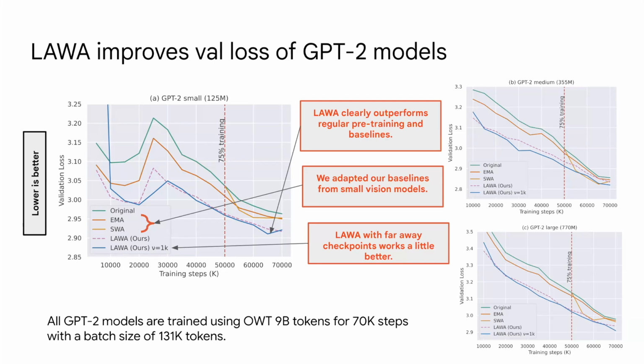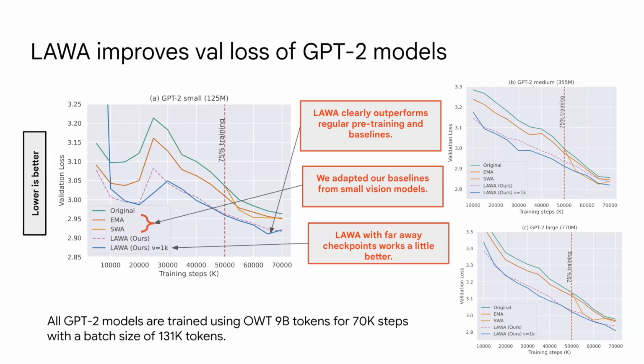We can see the green curve, which is the original pre-training curve with a standard setting, as we have discussed. And we have these two baselines, which are the EMA and SWA. Typically, any language model training doesn't use averaging. So just to make an interesting baseline, we have adapted EMA and stochastic weight averaging (SWA) for language modeling. We created this baseline based on their vision implementation, but any form of averaging is not used in current language model pre-training.